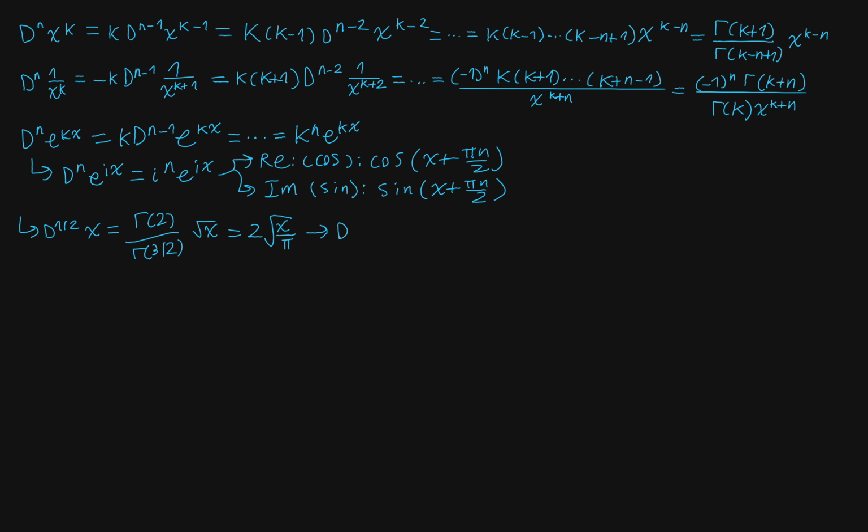So let's take a look at that. If we take the half derivative of this, of 2 root x over pi, pull out the 2 over root pi, then this is going to be 2 over root pi times gamma of 3 over 2 over gamma of 1 times, now we have x to the 1/2 minus a half, that's just x to the 0 or 1, it's constant. And once again, you know gamma of 3/2 is going to be root pi over 2. And so these are just going to cancel and give us 1, which is indeed the first order derivative of